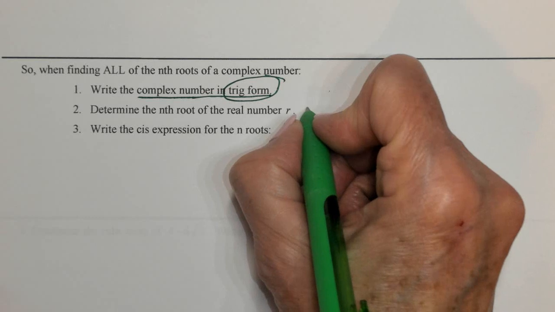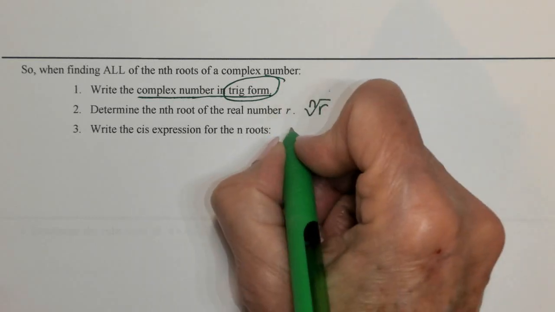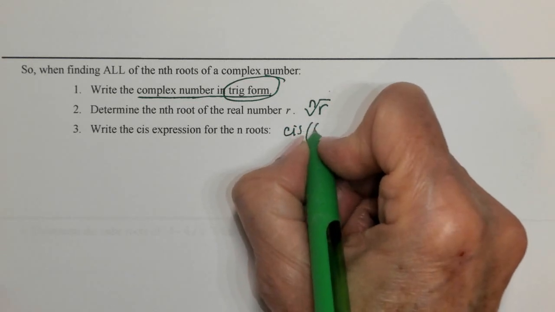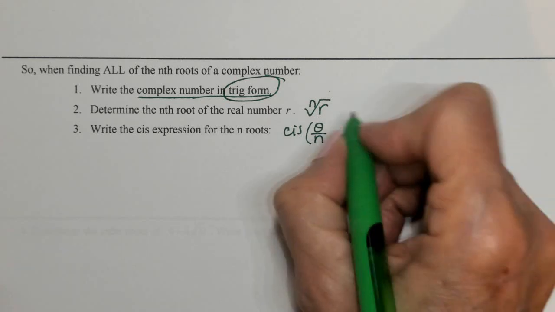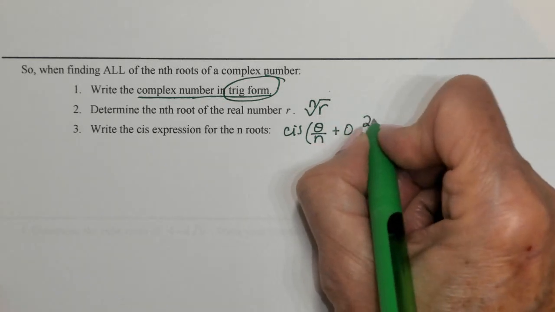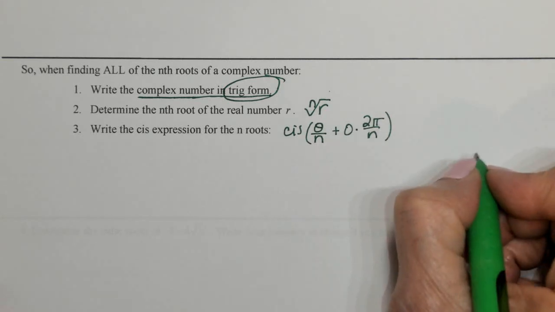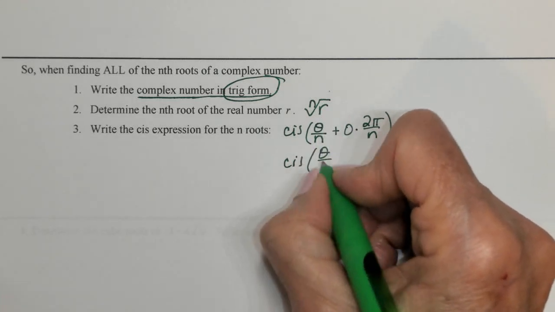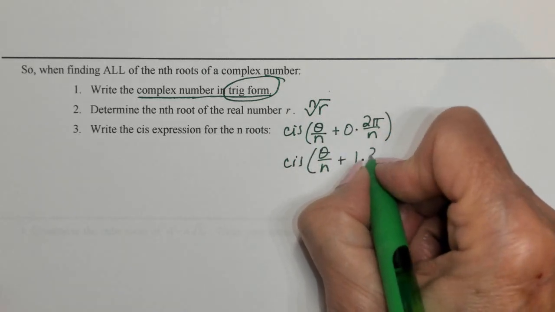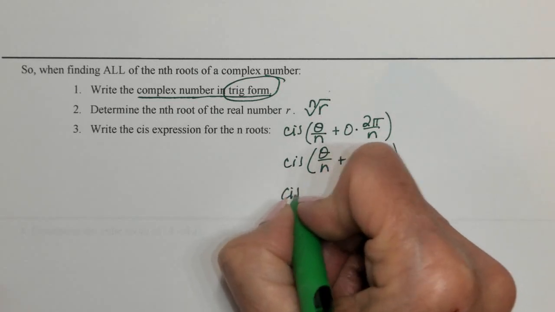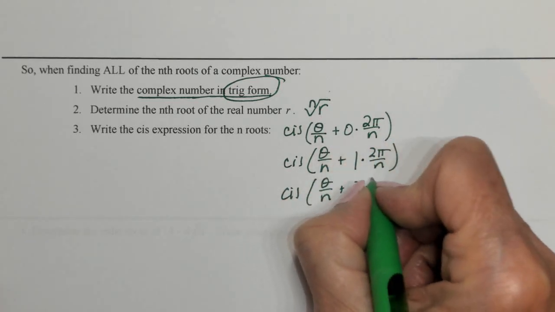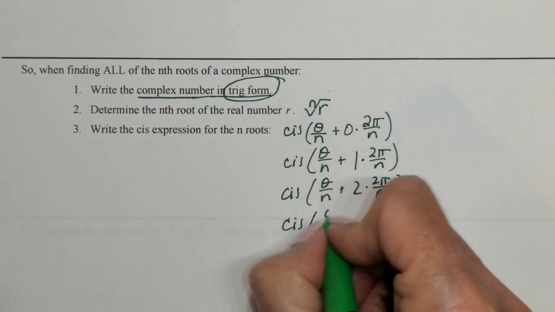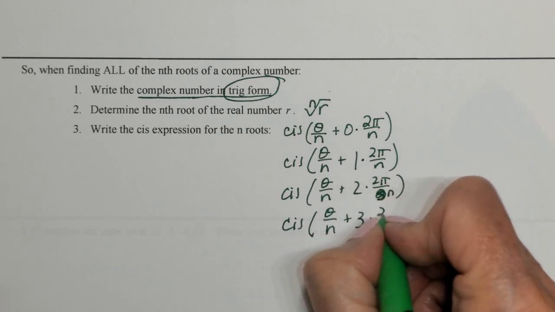So this will be the nth root of r, and this will be cis theta divided by n plus 0 times 2 pi over n. And then you keep on going with this same argument, part of the argument, and then multiply by 1, and then multiply by 2, and then multiply by 3,